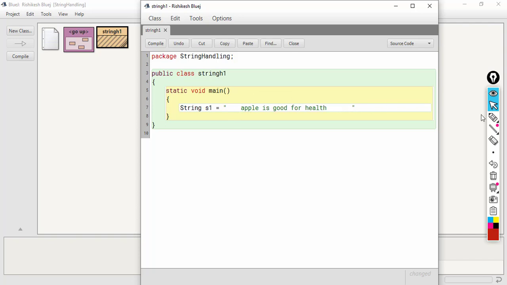Here in this string you can see that I've got a few spaces before the first character, and a few spaces after the last character in the string. So what the trim function will do is remove all the leading spaces and also all the trailing spaces. Let's have a look.